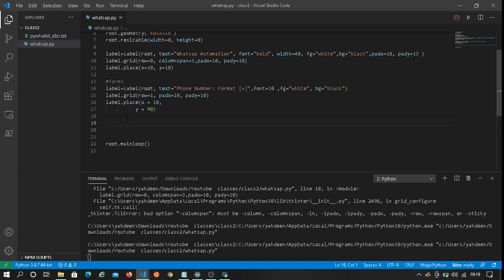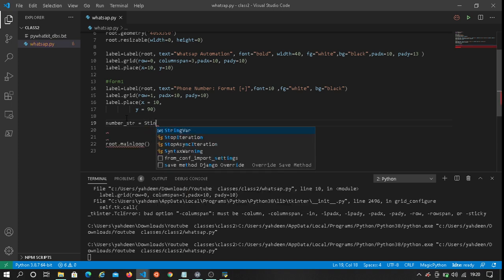So here we will write number str equals StringVar.